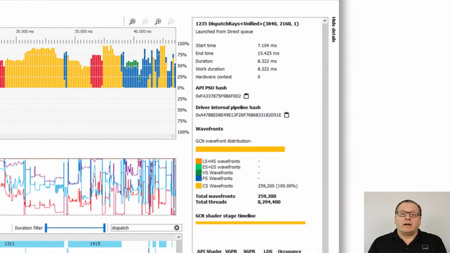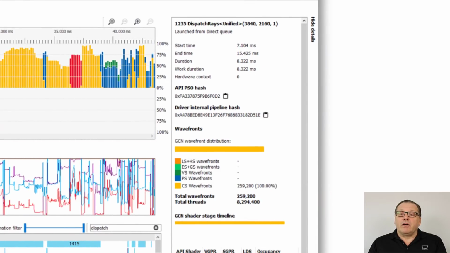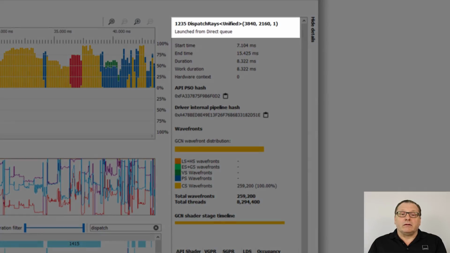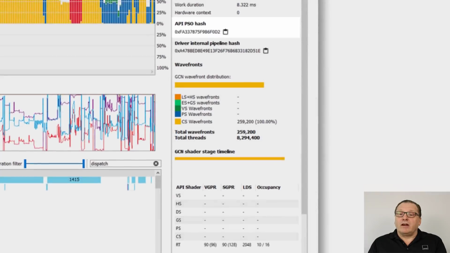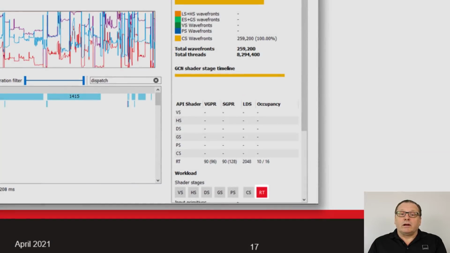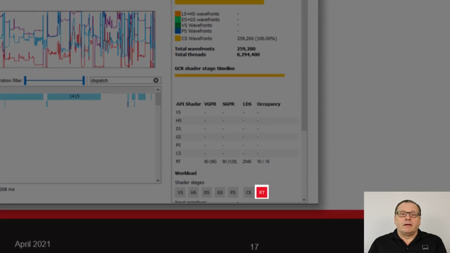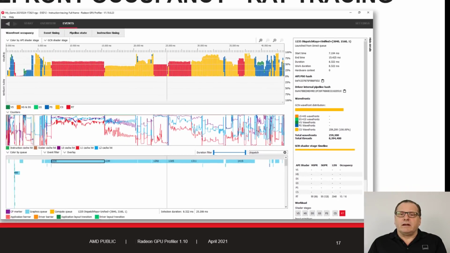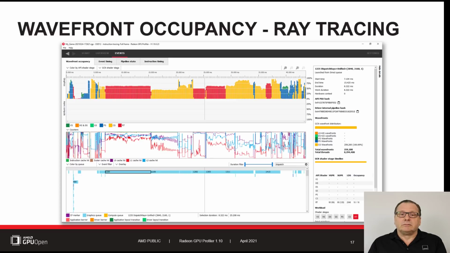On the right-hand side, in the event details pane at the top, we can see the selected ray tracing event's call name and arguments. There's a new API shader stage entry in the ray tracing shader statistics table and a new ray tracing stage in the workload shader stage below. Let's take a look at some of the ray tracing events in more detail.